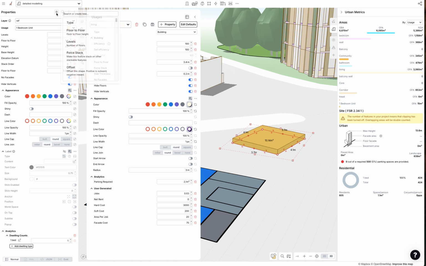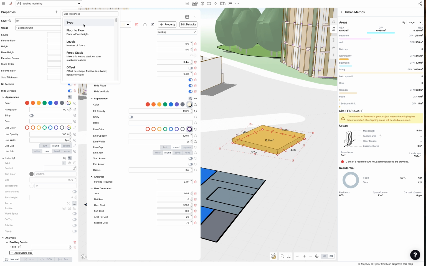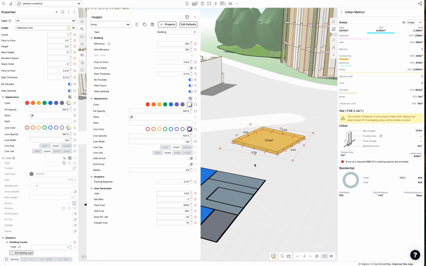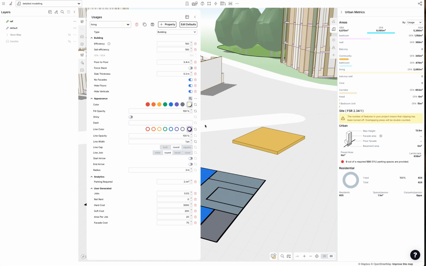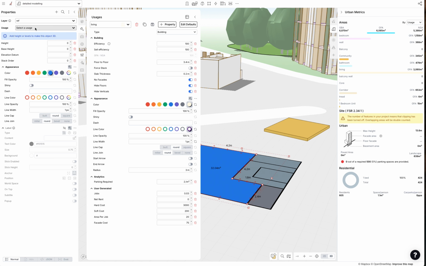And then the last property is slab thickness. And you can set that to 0.2. Then that's a 200 mil, 0.2 meter thick slab. So in my living usage, no facades, hide floors, hide verticals, slab thickness, they're all set. And so that means if I grab this and I make it living,